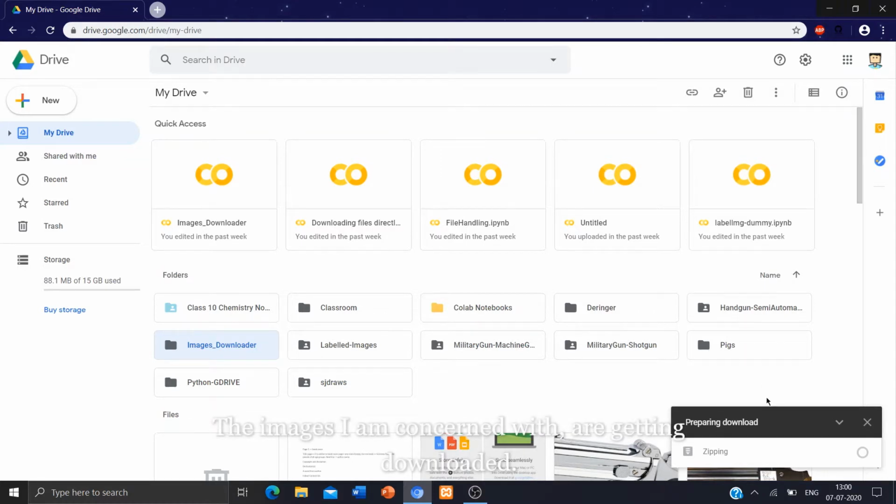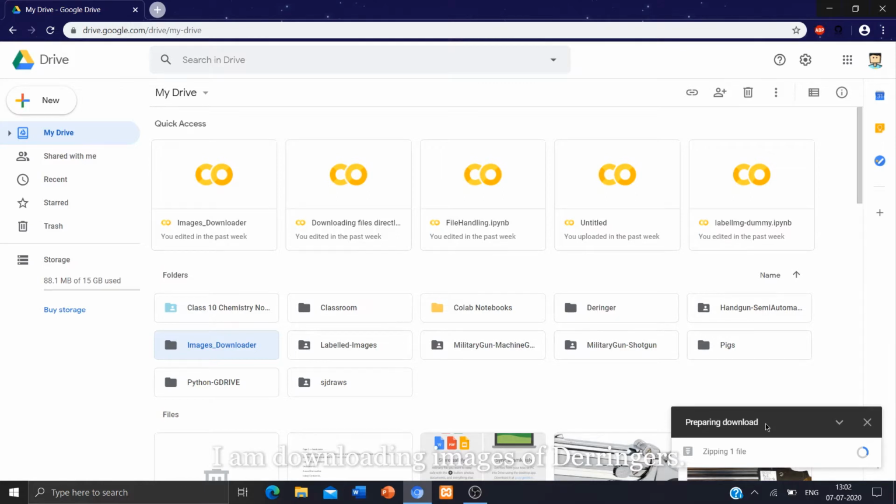The project is uploaded on GitHub, so what you have to do is download that zip file, or git clone that repository to your computer, and then you have to download all the files that you want to label. For instance, if you want to make your model detect pigs, the types of pigs, then you will have to download images of pigs.